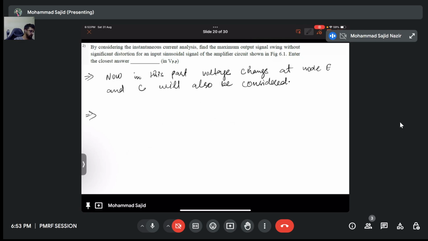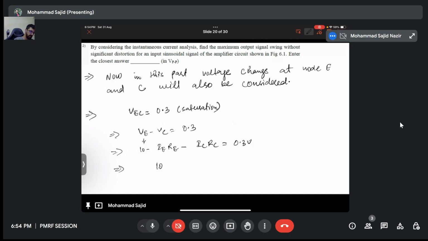So for this case, we have VEC of 0.3 for saturation. This is given. That means VE minus VC is 0.3, with VE given by 10 minus IE RE, and VC given by IC RC, which is equivalent to 0.3 volt. Again, if we assume IC is equal to IE, we can calculate, 10 is equivalent to 10 minus